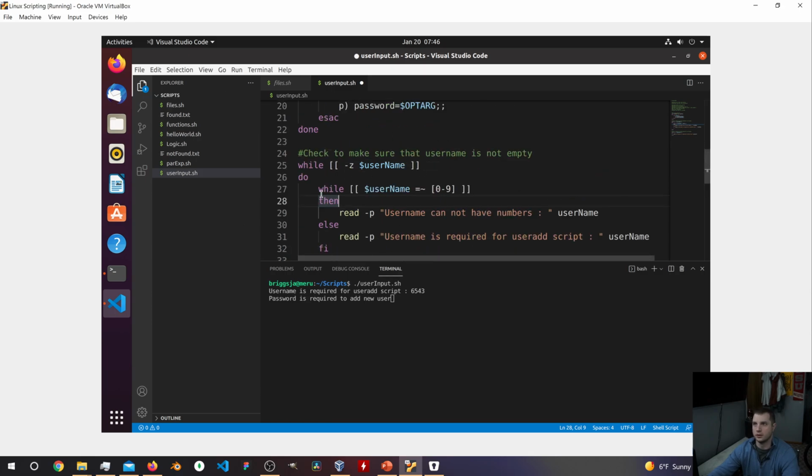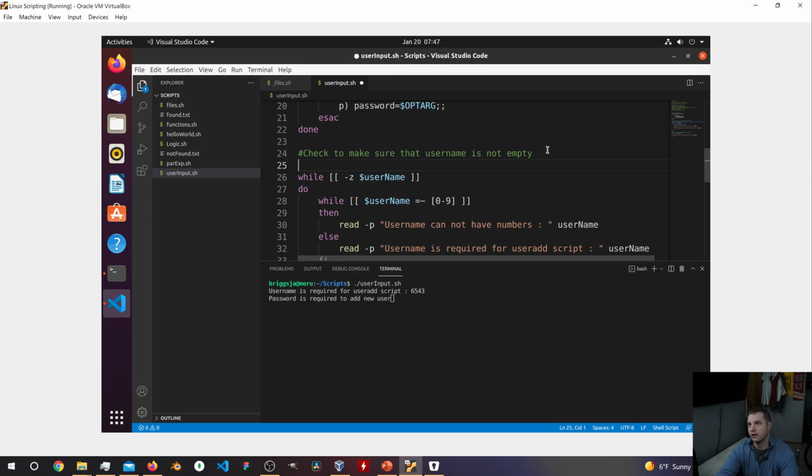So what I think we're going to do here, instead of testing the variable itself, we're going to create a variable called username check, and we're going to give it a false. While username check double equals false. Okay, now we're inside of this loop. This loop is going to run while